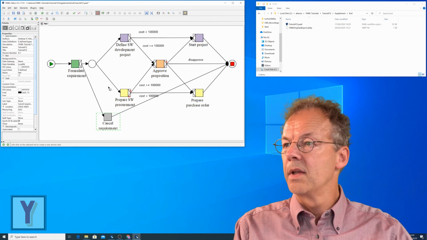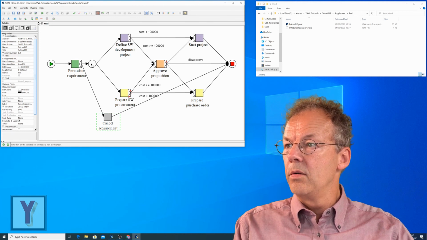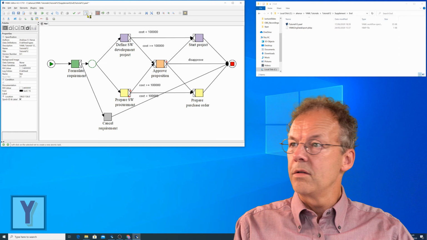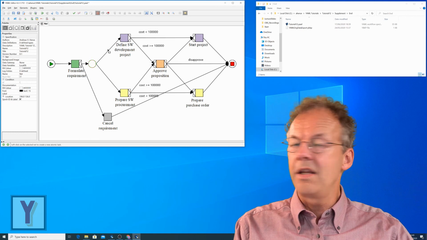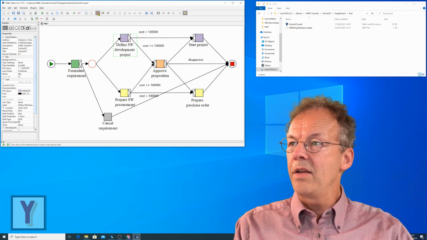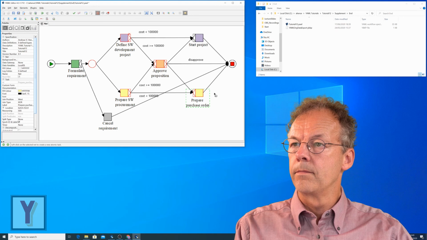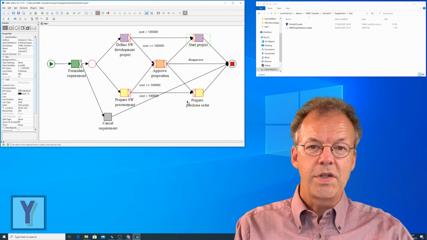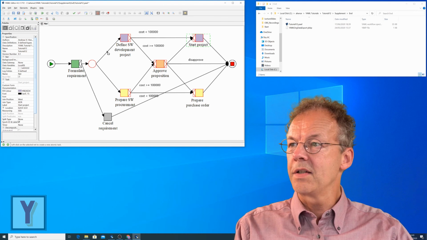So we select the condition here and click Add, and then we select the tasks and we select all the arcs between the tasks.